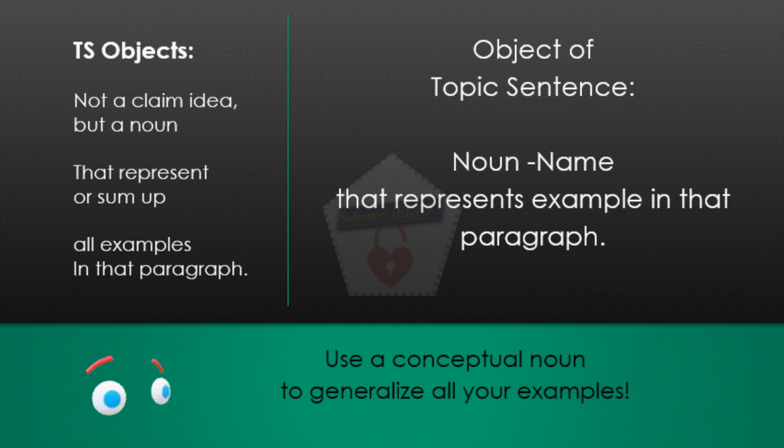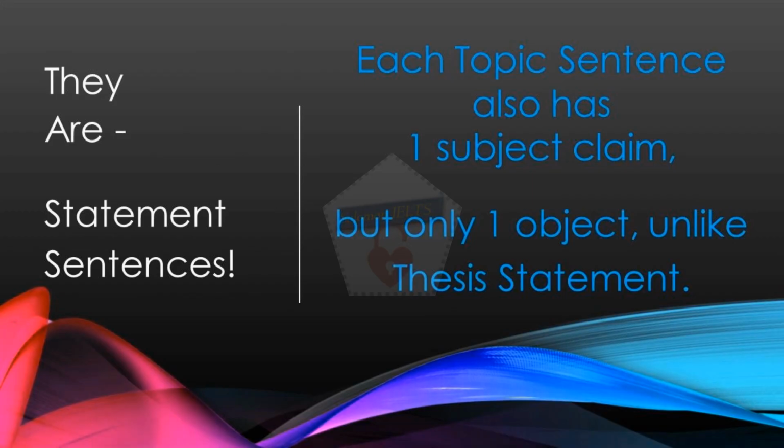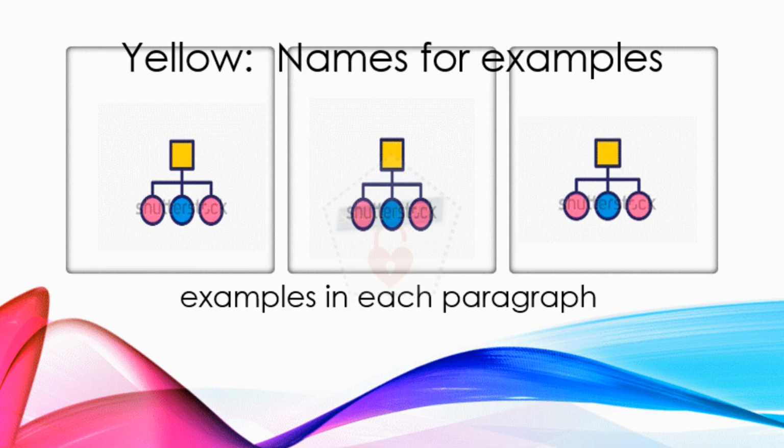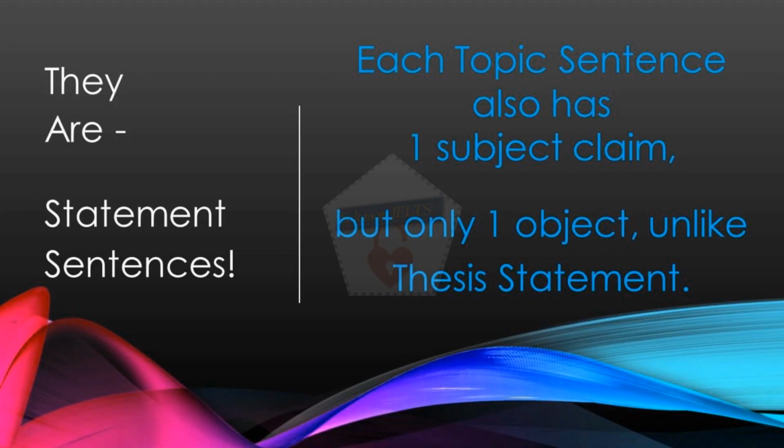One-name objects normally will cover three examples, which I say is to represent three examples and generalize